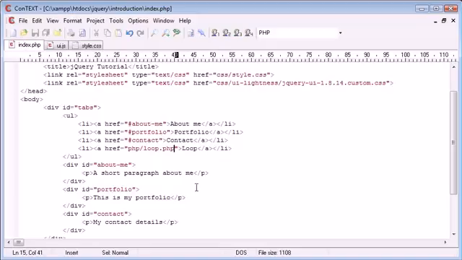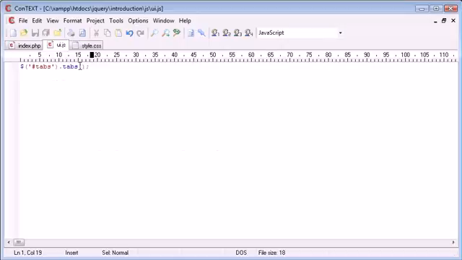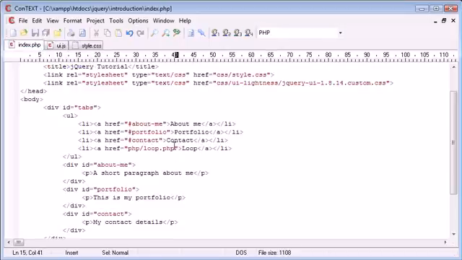Now we can set AJAX options within our tabs here. So remember, the options go in our curly brackets. We can set AJAX options to check if this file is available. For example, we might return an error